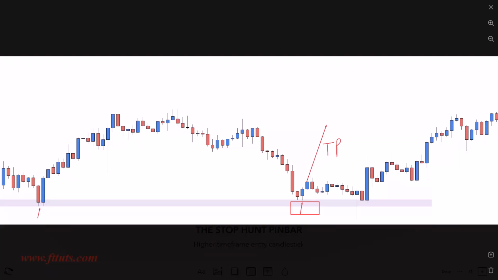Because if this represents your risk, you've entered on that candle, you want to go for at least 2-to-1, 3-to-1, or at least a 1-to-1. And if it goes too far, then the chances of many traders still being in here and having a stop loss down here is quite low,